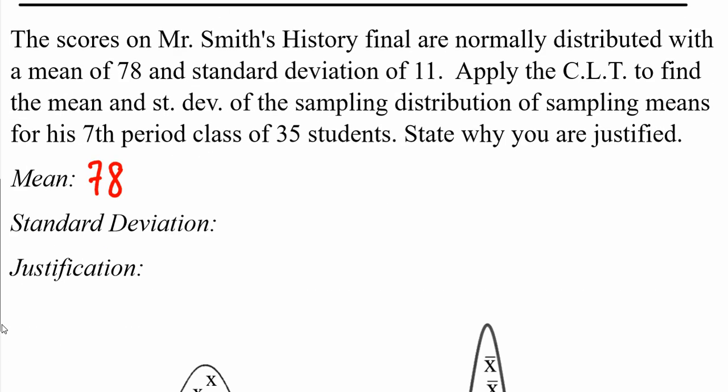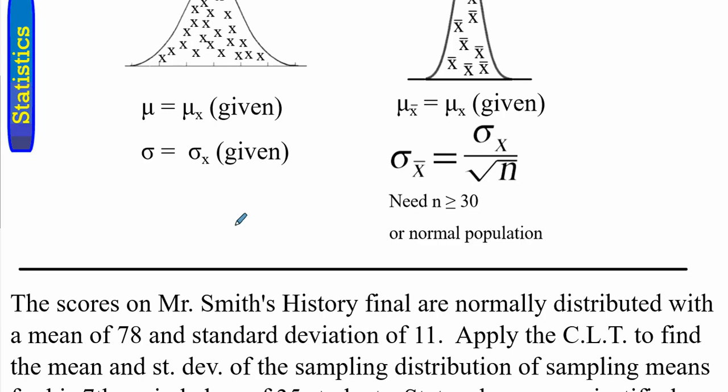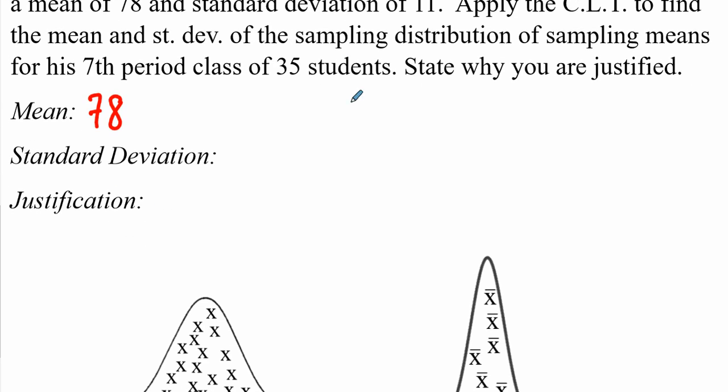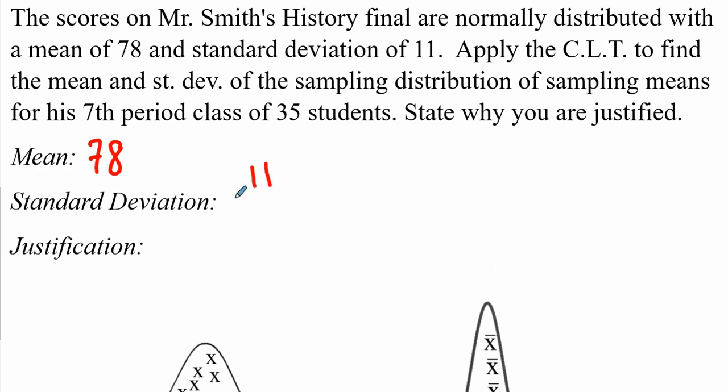Well, the standard deviation is going to shrink. So because it's for a sample of 35 students, the class's average should narrow down on a true value much more consistently. So the standard deviation should be the standard deviation for individual ones, which was an 11, divided by the square root of the sample size, which is 35. So 11 divided by the square root of 35 tells us 1.86, which is just saying that we would expect that for most of his classes, the average score should be no more than about 2 above and below 78,